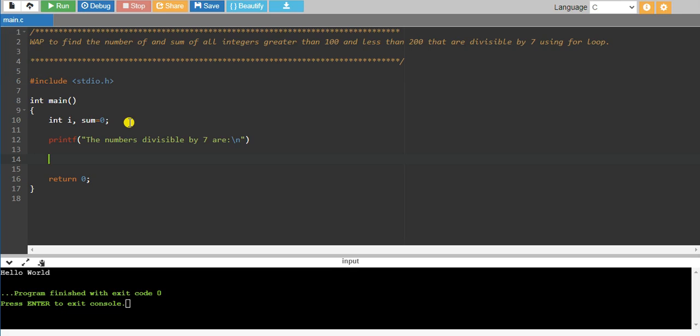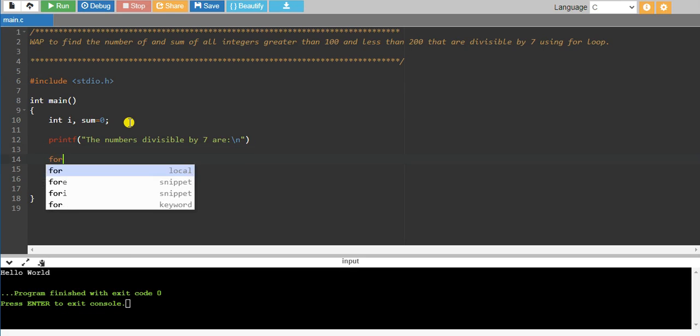After this I have to print the numbers from 100 to 200 which are divisible by 7.